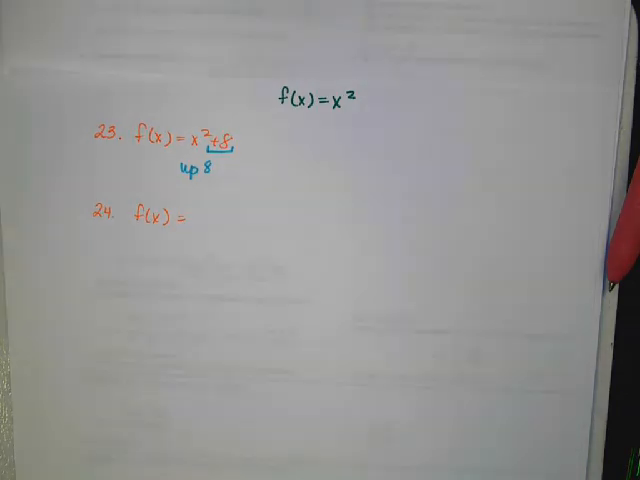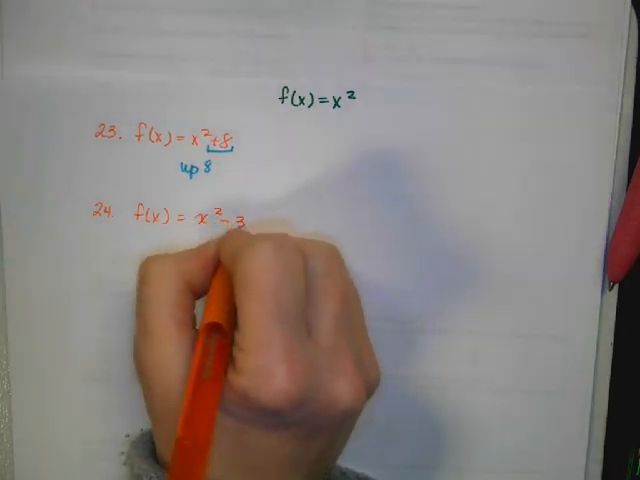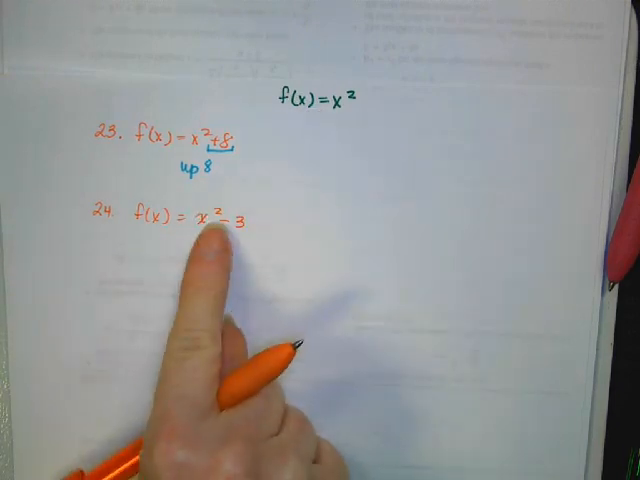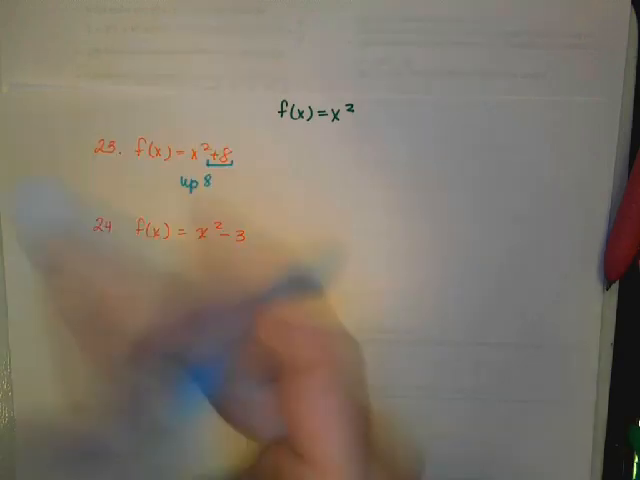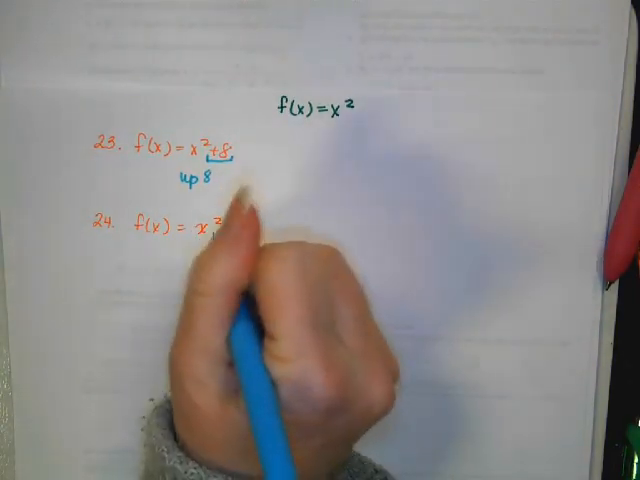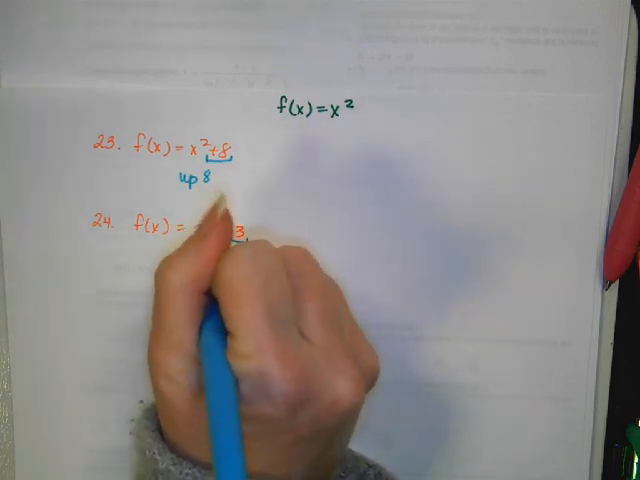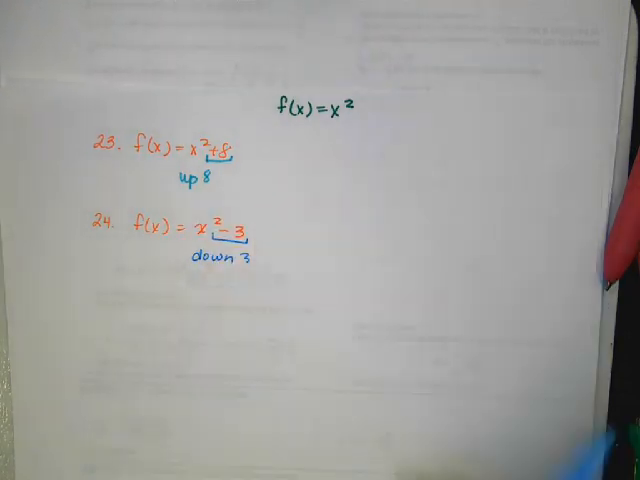All right, so the next one, f of x equals, let's see what the next one says, x squared minus 3. All right, so anything that looks different than the original. So everything is the same until this minus 3. So again, it's not grouped in any way with x, which means it's a vertical change. Minus 3 does exactly what it sounds like it's going to do. It's going to go down 3. 25